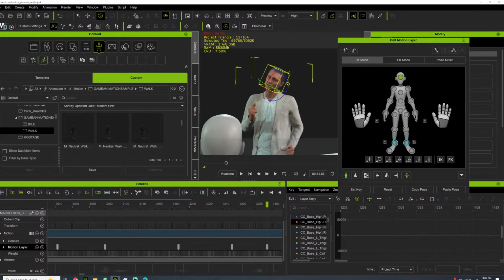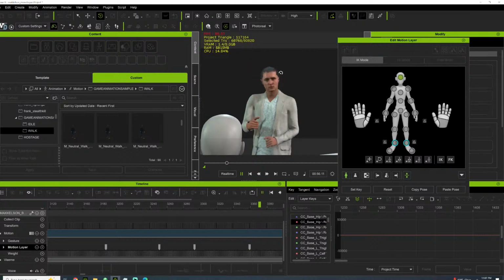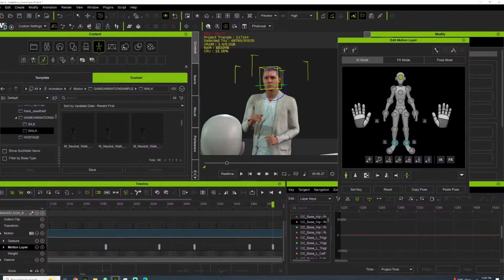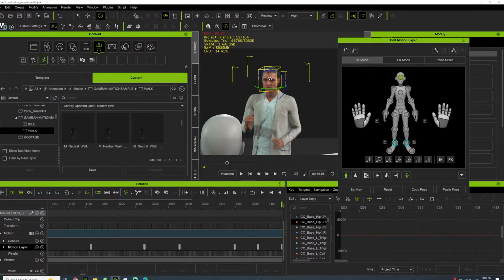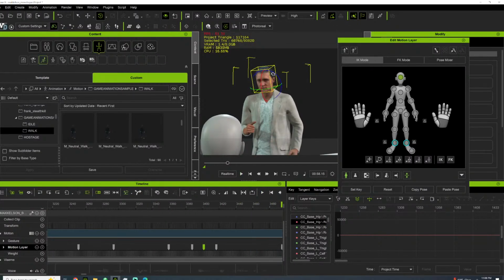Fix that. Trespass, Mr. Bond. I have to fix a lot of these little glitches here, so you can do that with